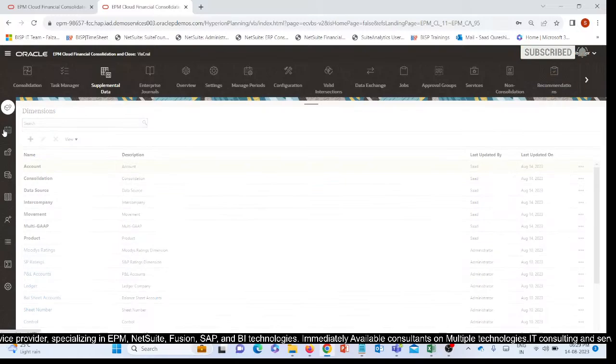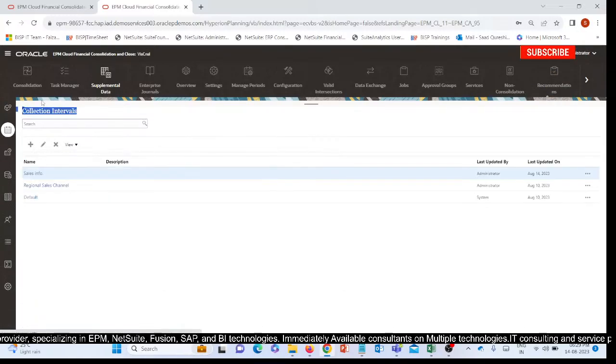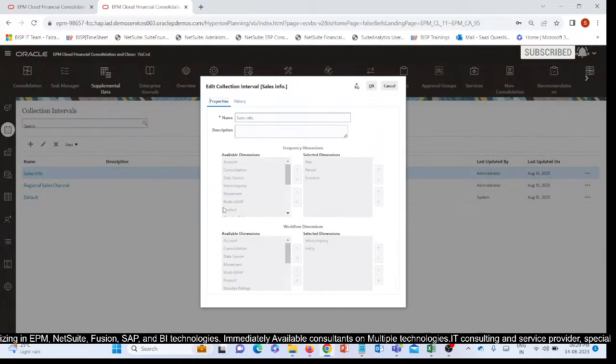So first thing we need to do is create a collection interval that I've already defined. This is my sales info. I want to know sales info. So you can enter 4 over here and 5 over here. I guess I do not remember well, but you can add 4 over here and 5 over here, as we have 9 dimensions. So you can just click over here, and right now I've already saved it and it's locked, but